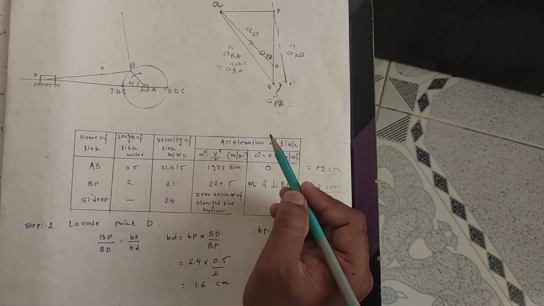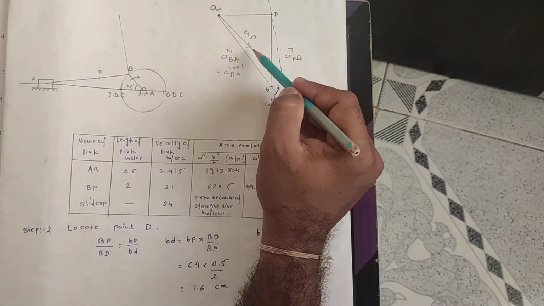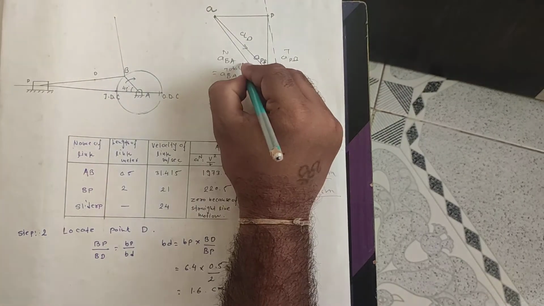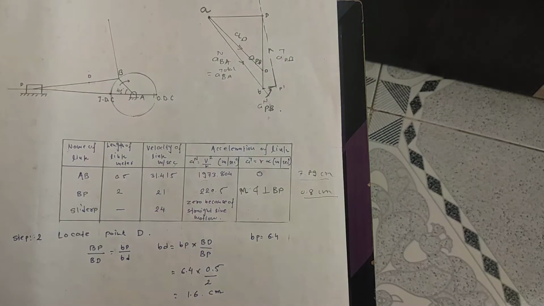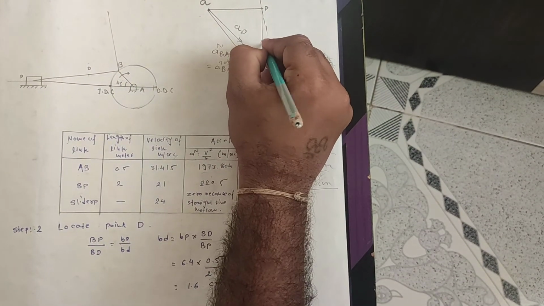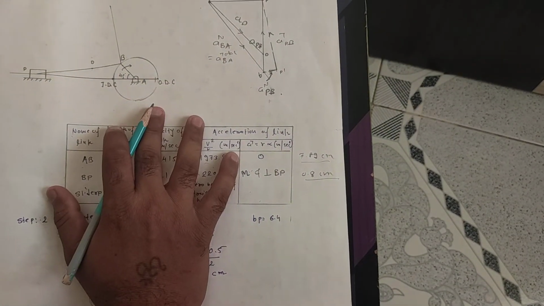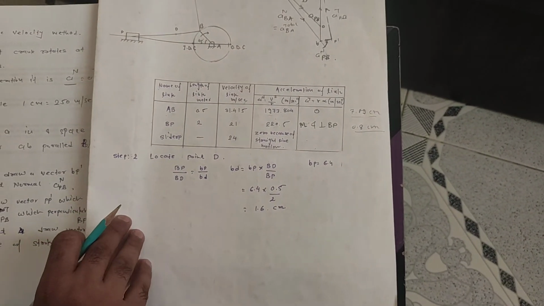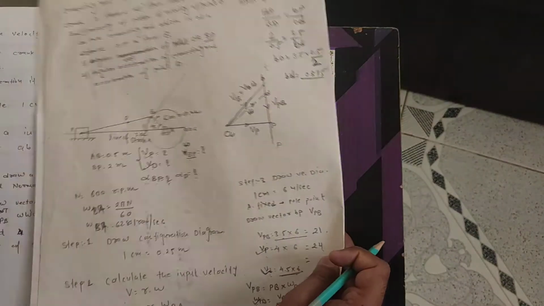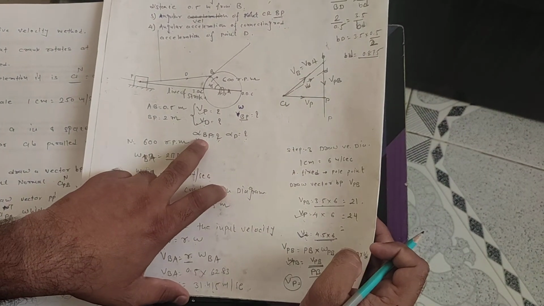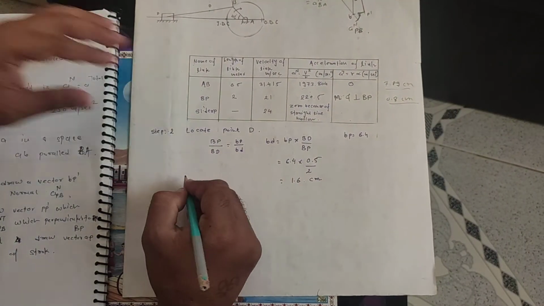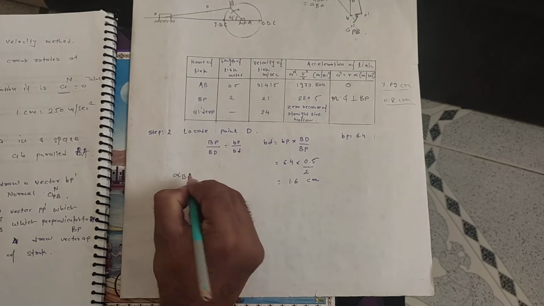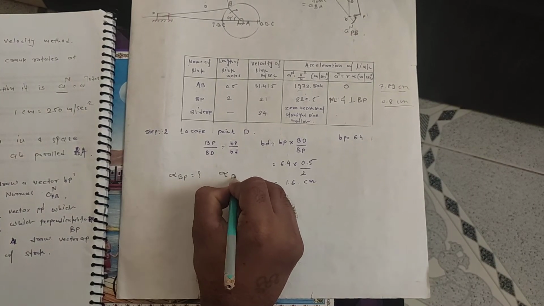Okay, so for another point, D, this is the direction that we have to draw, and this one may be perpendicular to this one. So this is the total. This is clear from the understanding; very easily we can draw this diagram. Now, for the calculation, we have to find out the angular oscillation of BP and the angular oscillation of point D.